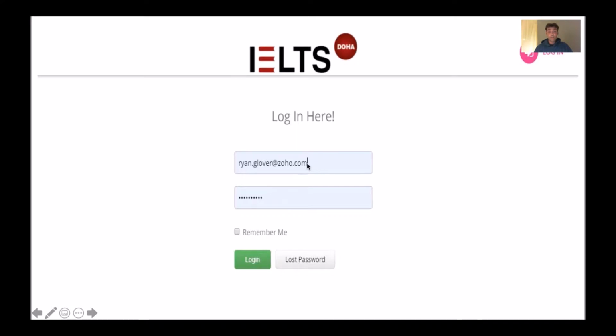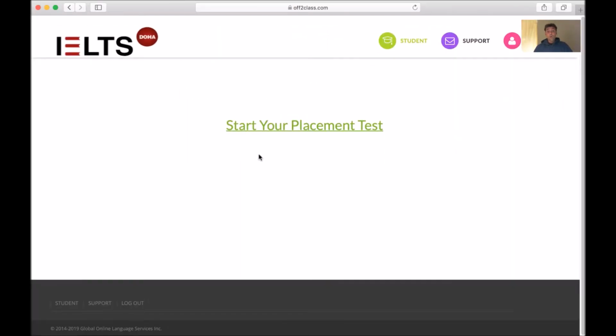This is the login page. You just enter your username, which is your email address, and the password that you've been given. Okay, now once you log in, you will see this page here, which you'll notice at the top corner there's